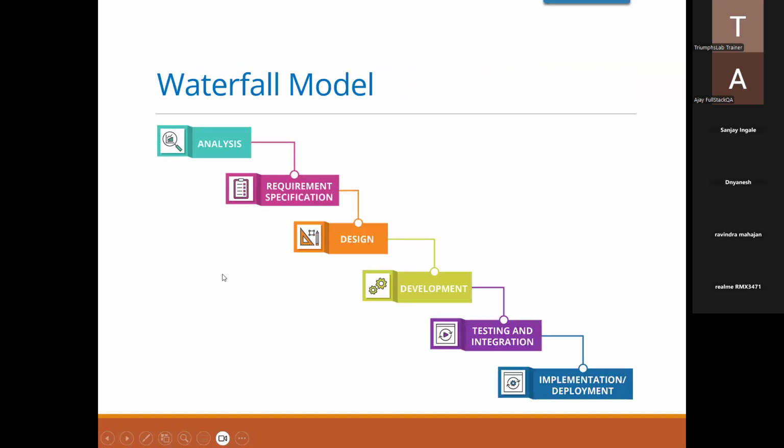In the waterfall model, we do analysis: how will my website look, and what features do I want on my website. This is called requirement gathering or requirement specification. For example, you are creating a website, so it should have features like the user should see the loan option there, and they should be able to open savings accounts. Everyone has used mobile banking, so I will not go in depth, but try to understand the concept here.